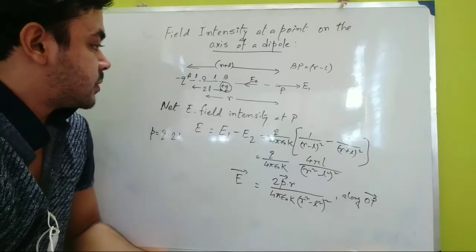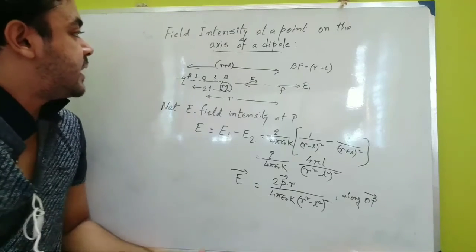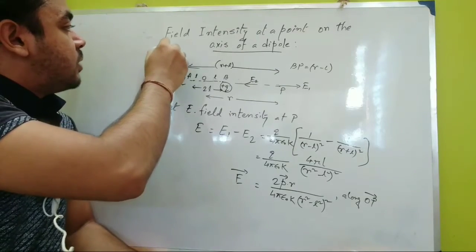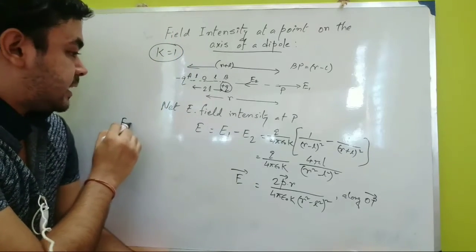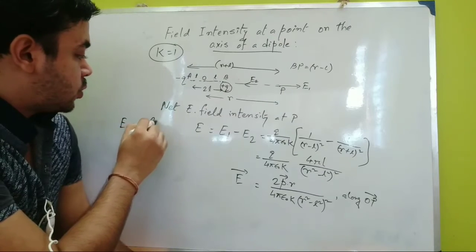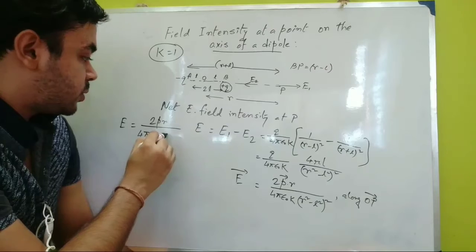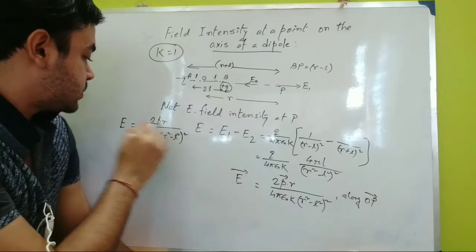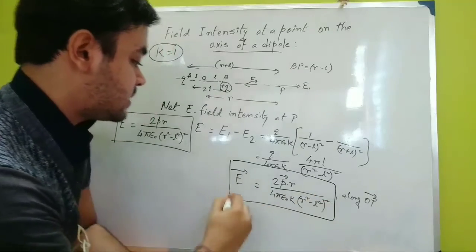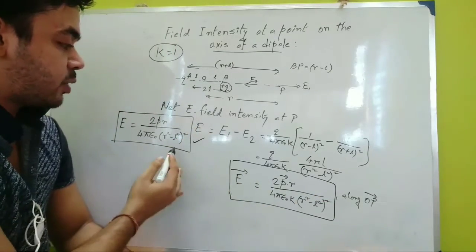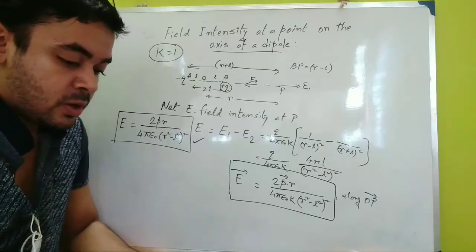If the medium is air or vacuum, then the value of K is equal to 1. In that case, E will be equal to 2pr divided by 4 pi epsilon 0 into (r square minus l square) whole square. This is the vector form, and this is the electric field intensity when the dipole is placed in air medium or in vacuum. Okay, now